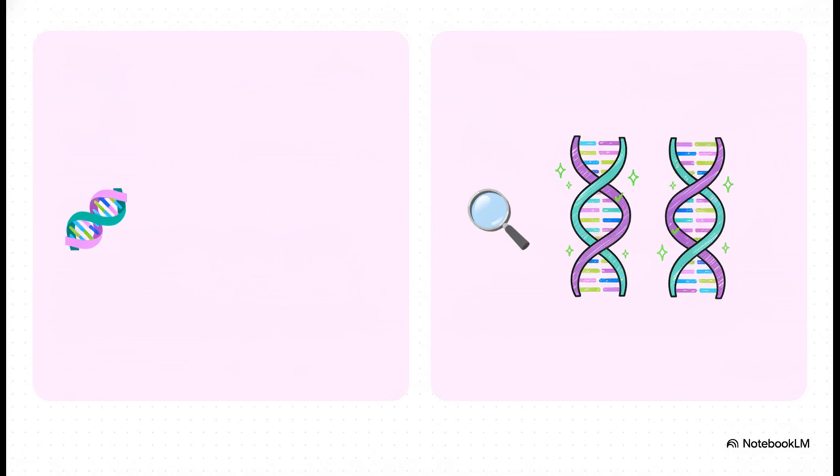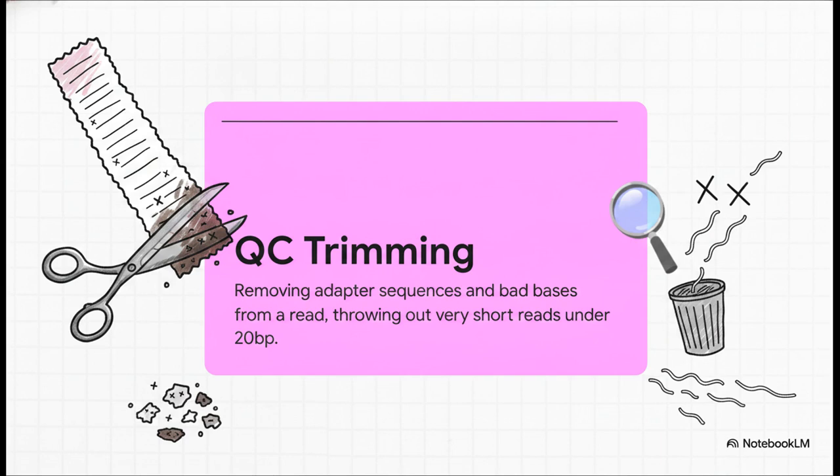It's literally like a spell checker telling you exactly how confident the sequencing machine was when it read that specific piece of code. And that quality value is absolutely vital for the next step. You see, machines aren't perfect. We have to do quality control, or QC, trimming. This means using software to chop off leftover chemical adapter sequences and any bad bases from the ends of our reads. Imagine cutting off the blank, frayed, or smudged edges of our shredded paper to get rid of the junk